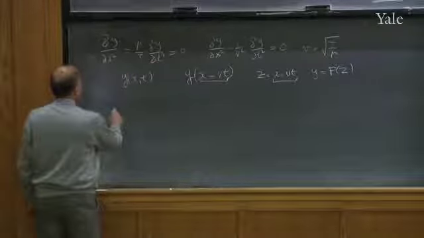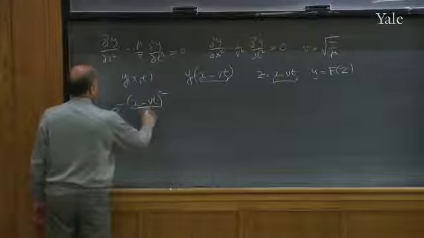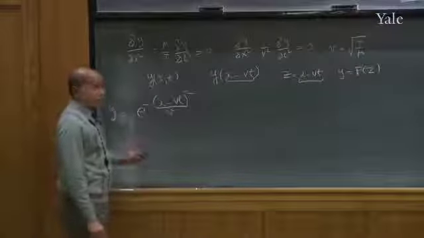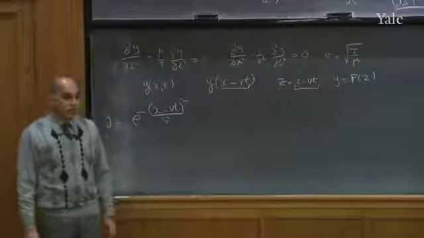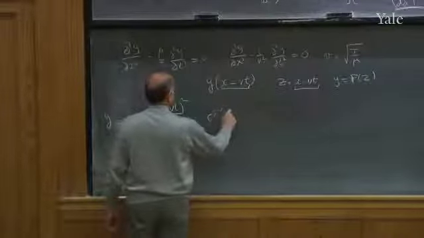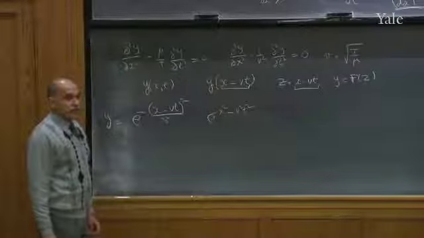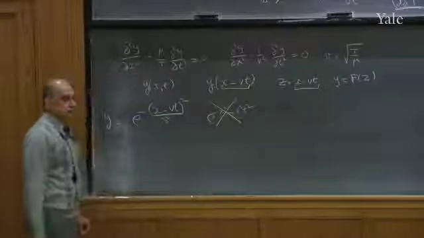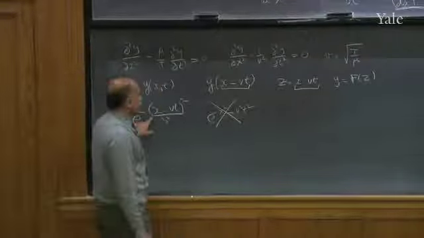In other words, here's a function. You don't even have to think. (x minus vt) squared over some number, x naught squared. That's a completely good solution to the wave equation. I guarantee if you took this, it will satisfy the wave equation because it's a function only of x minus vt. A function that's not a good function is y equals e to the minus x squared minus v squared t squared. That's not a function of x minus vt. That won't satisfy the wave equation. So why is that true? Why is this true? That's what I want to show you.